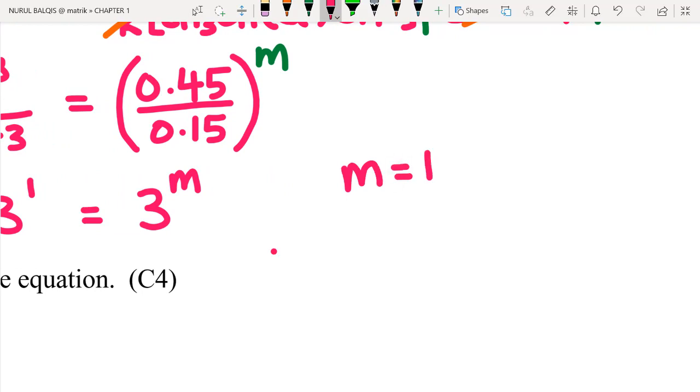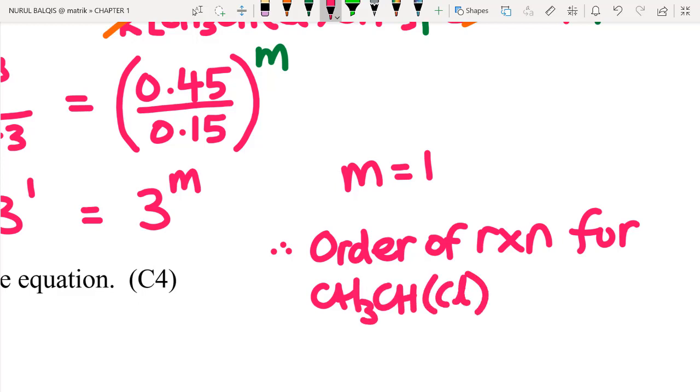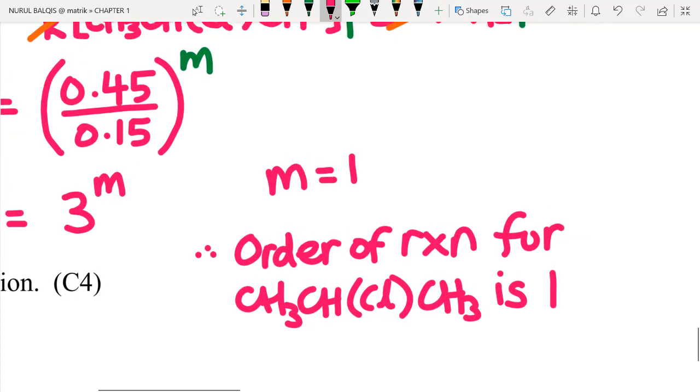So this is the order of reaction for CH3CHClCH3, which is 1. So we got M equal to 1, so the order of reaction is 1 for